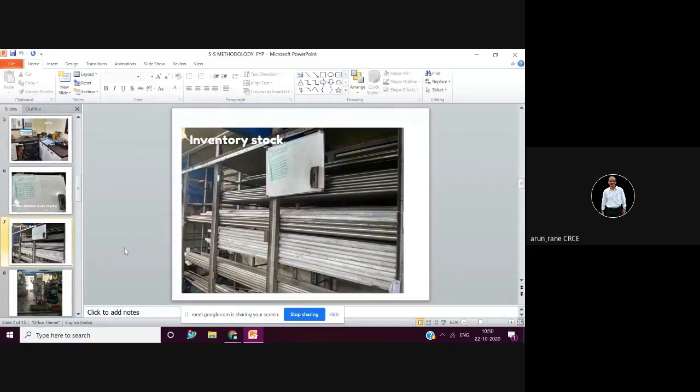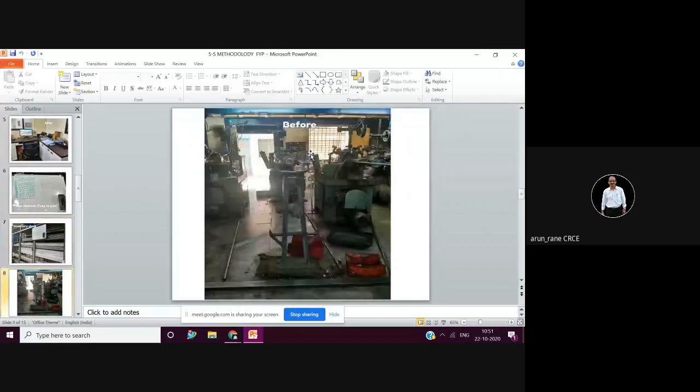You can use color codings, different colors for different materials, and on the chart you can mention that this color is for this material. So these are the rules which you use.